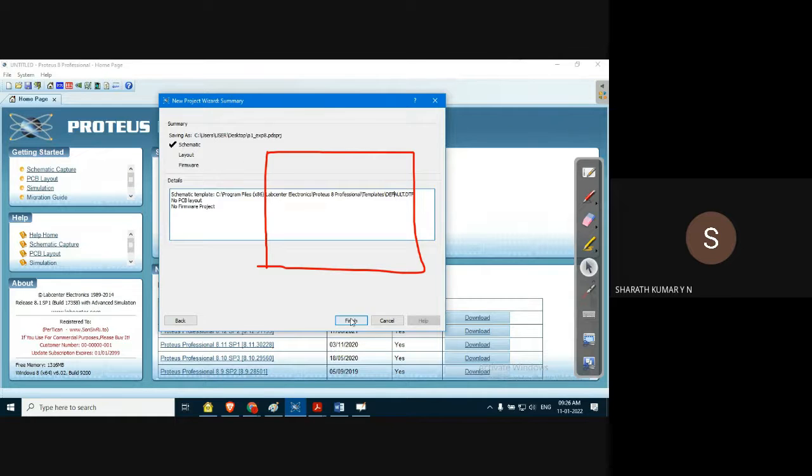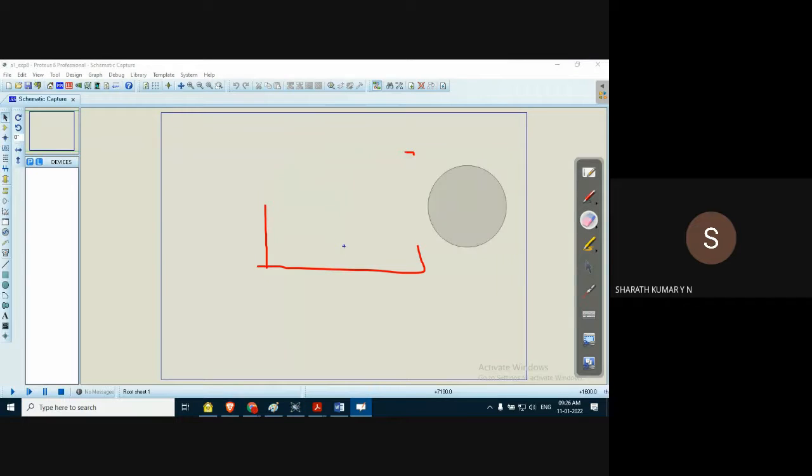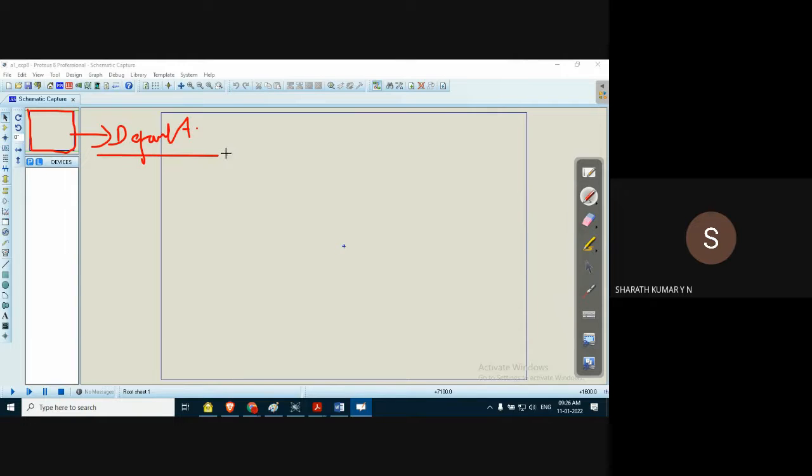Click finish. The default has this much editable space. For bigger or smaller space we can go for other themes, but this is good enough for our purpose.